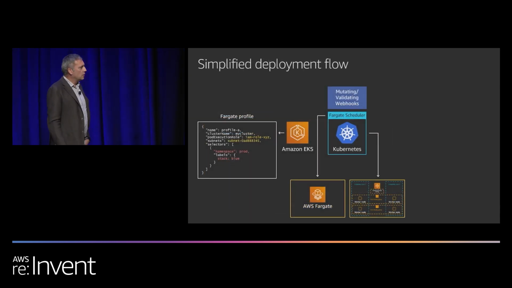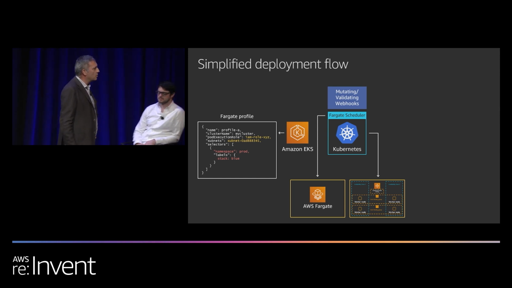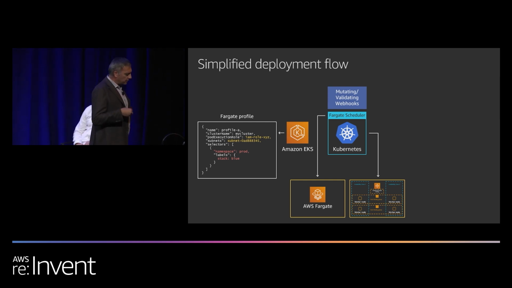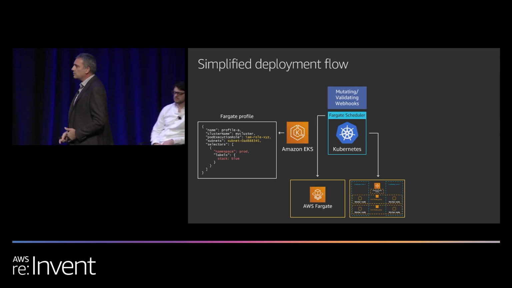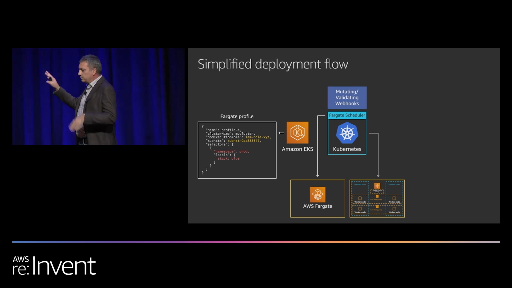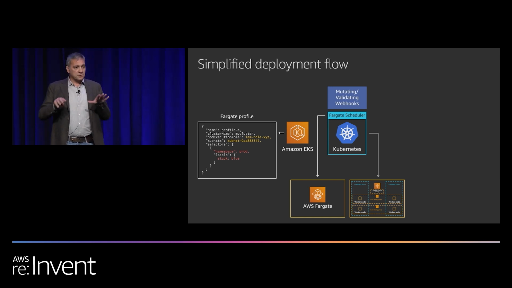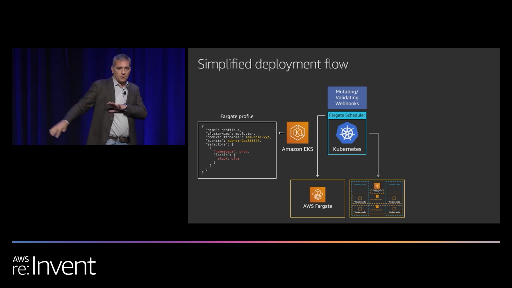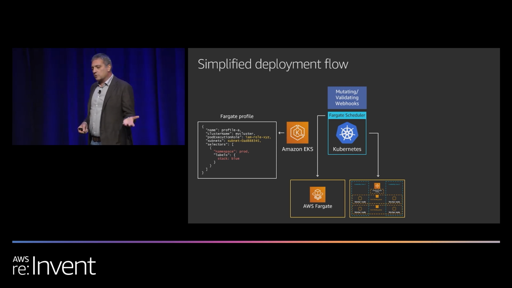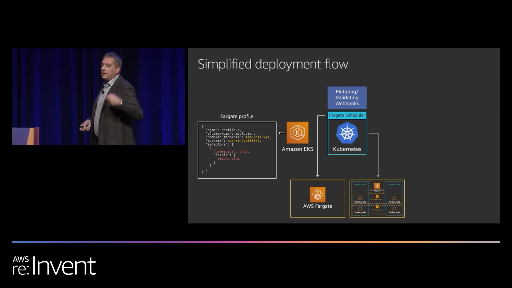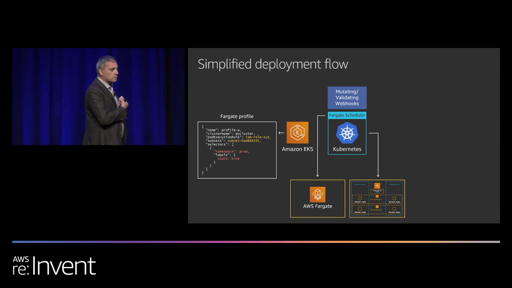So let's go through an example. Hopefully this diagram will clarify some of the things. So this is a traditional setup, from this week on, of an EKS cluster that has a couple of different data planes configured, Fargate and EC2 instances. This is different from the setup that I showed you in the demo. There are worker nodes in this example, but there is also a Fargate profile that will enable the deployment of a pod to Fargate if there is a match, okay?